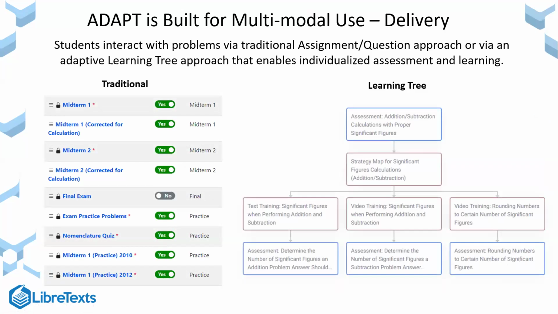ADAPT is a very peculiar name for a homework system. The reason it's called that is because it has some basic adaptive learning capabilities. Adaptive learning in a nutshell is an infrastructure that facilitates different learning experiences for different students based on their particular needs. That can be, on one end, a very technology-based AI, black box recommender engine-like thing, or on the other end, a very open white box infrastructure, based off of decision trees or learning trees, which is what we do.